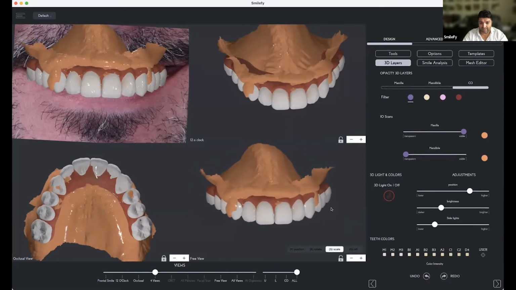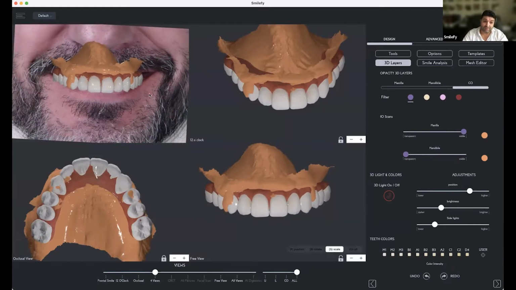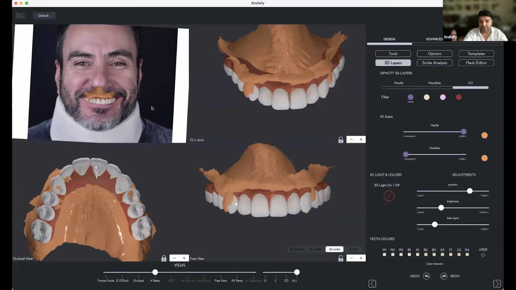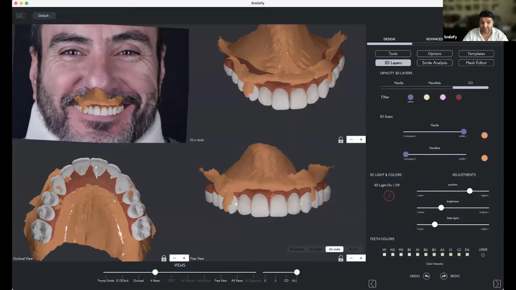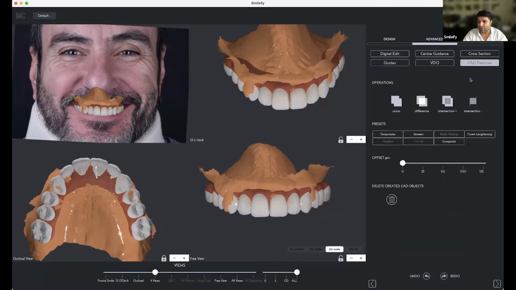Here we go, and that's the workflow of the design that we do, starting with the face, starting with the situation of the patient, analyzing what is actually the problem, where can we go with the design and everything. And then when we want to export and to print and to take this design into the implant software or to the next step, we do have the CAD features, right? We do have the CAD features.